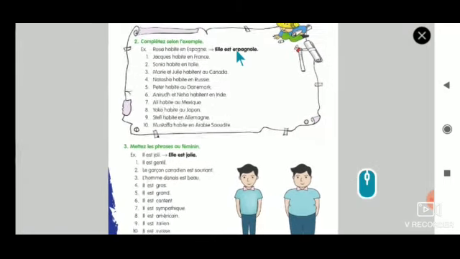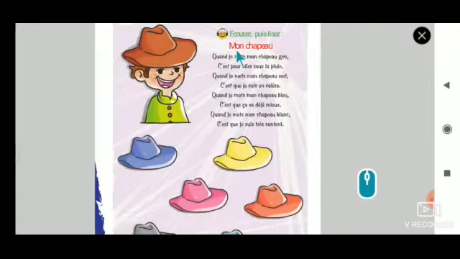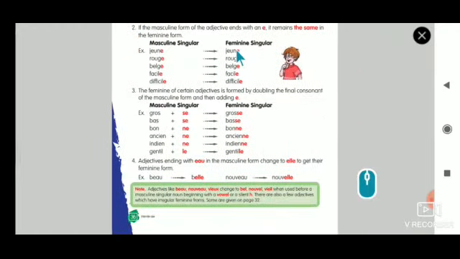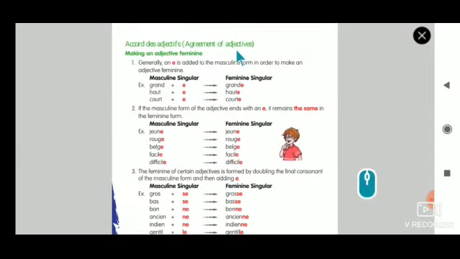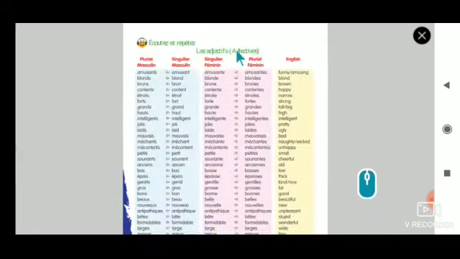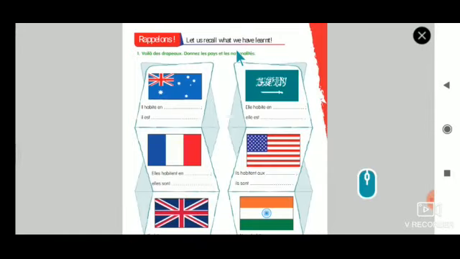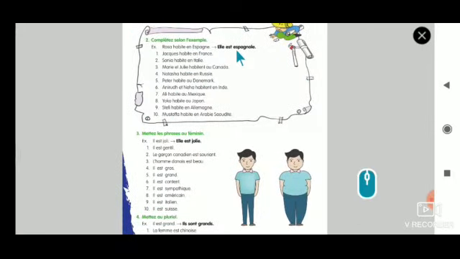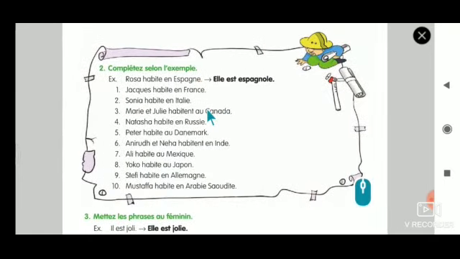The upcoming class we are going to see accord des adjectifs. That is this one. So I want you to just do a glance of this, read this and keep yourself ready. In case you have submitted your classwork, no need to worry. You just try this in your book itself. Until you get your classwork back, you can just do exercise number 1 and 2 in your rough note or French rough note. As I said, last year's classwork you would be having, right? So in case you have space on that, you can write in that.